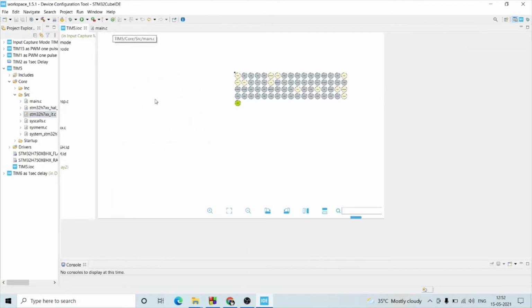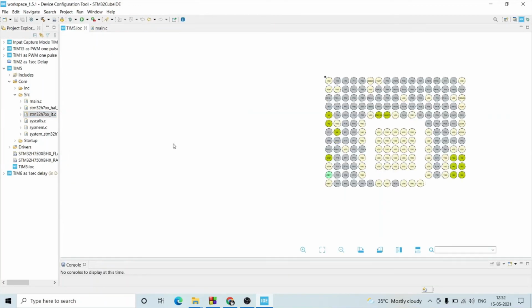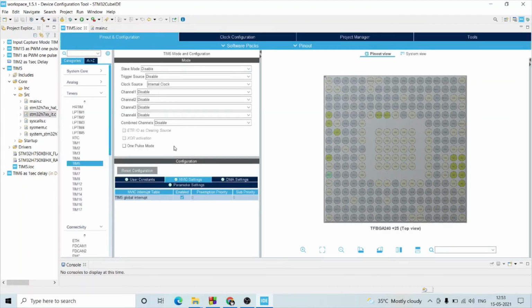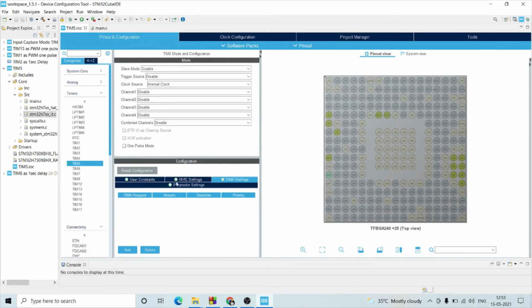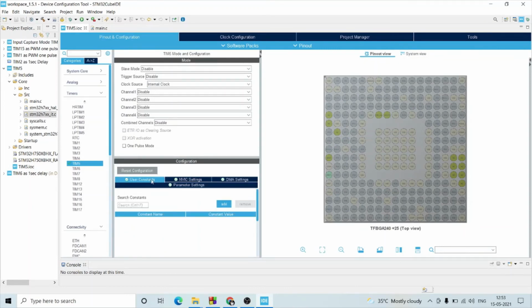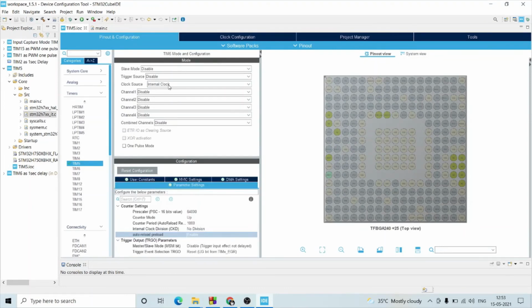The GPIOs we are using you can see here, in user constraints. Actually, we don't need a GPIO to configure it as a delay.